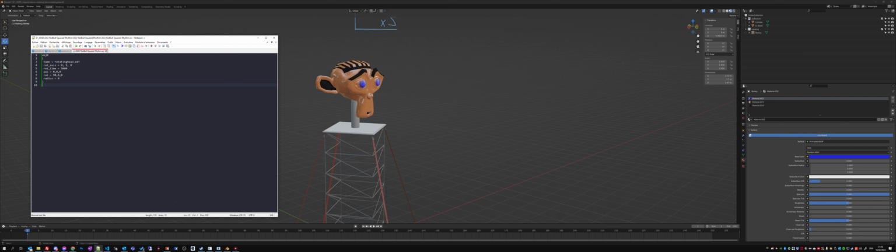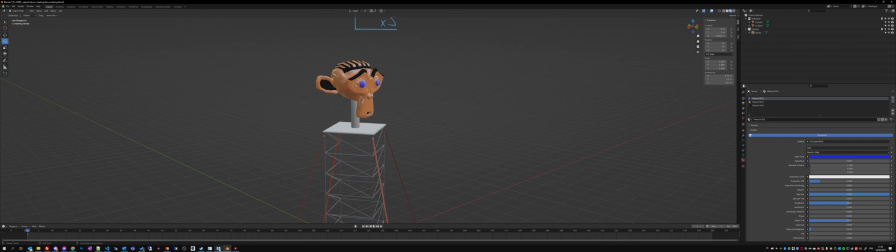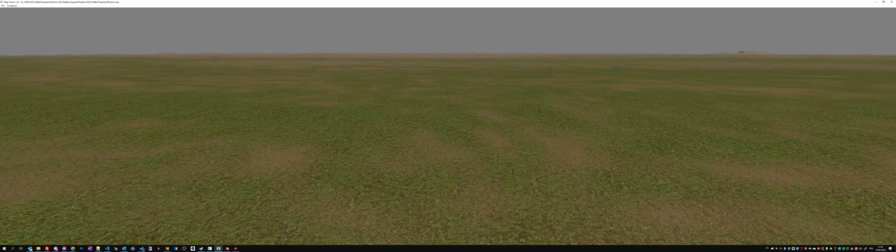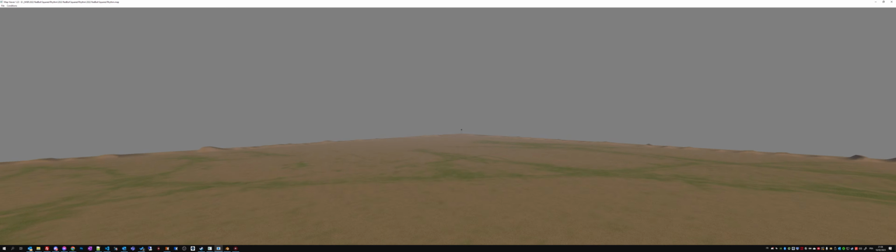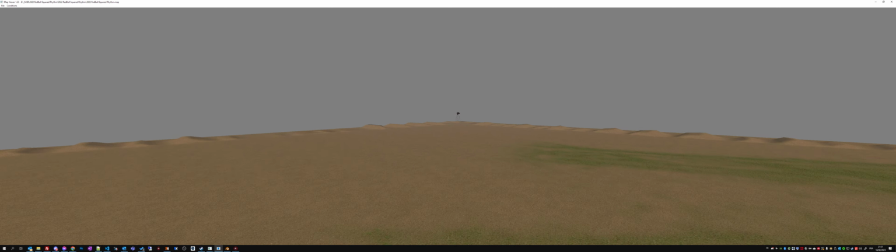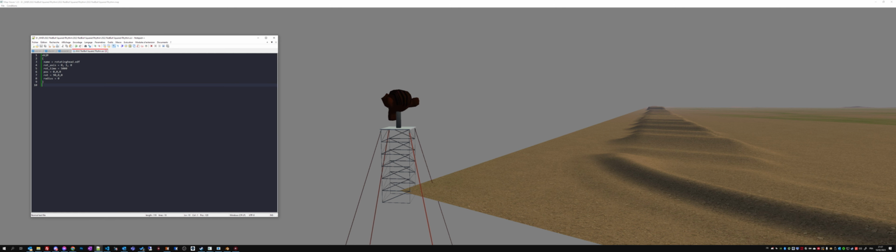So that's pretty much it. I save with the 90 degrees rotation here. I load my map again, and the monkey head is rotating. As I said, no need to rebuild anything.